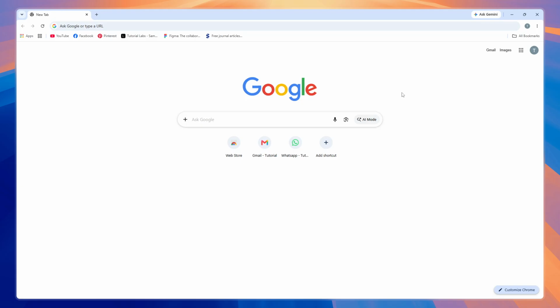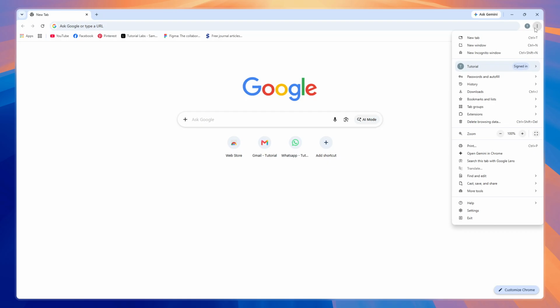First, open your Google Chrome browser on your computer. Once Chrome is open and you can see your main browser window, direct your attention to the upper right corner of the screen. You'll notice 3 vertical dots stacked on top of each other, which is Chrome's main menu icon. Go ahead and click on these 3 dots to reveal a drop-down menu with various options for managing your browser